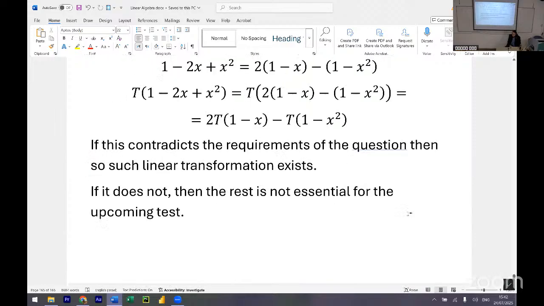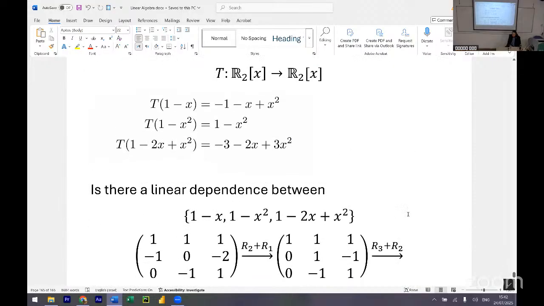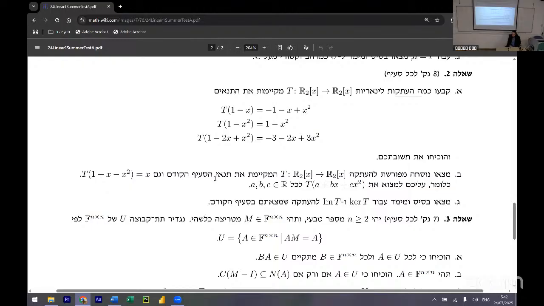Let's read the question, by the way. Let's see, I didn't read the next sections. Let's see what they are. Maybe, so find, oh, exactly. So what they're doing now, and that is relevant, they're giving you the third requirement. So basically, this one is redundant. It follows from the first two. You multiply the first by 2, the second by minus 1, you add them, you get the third. So the third is redundant, you can strike it out. And then they give you here the third requirement. And giving all three, you can